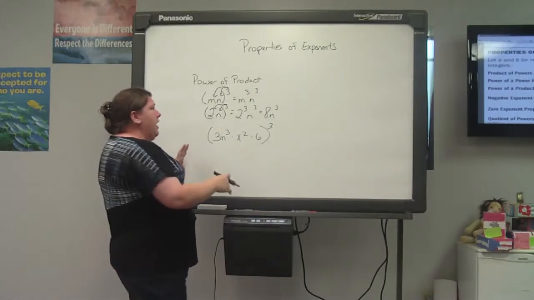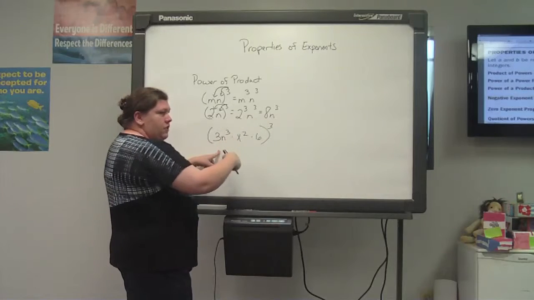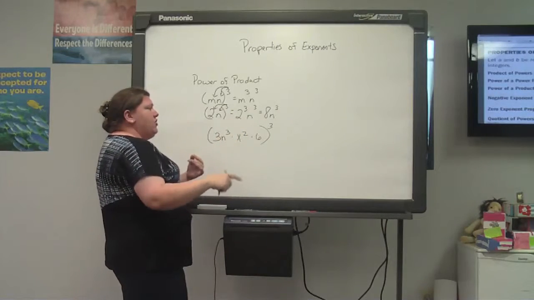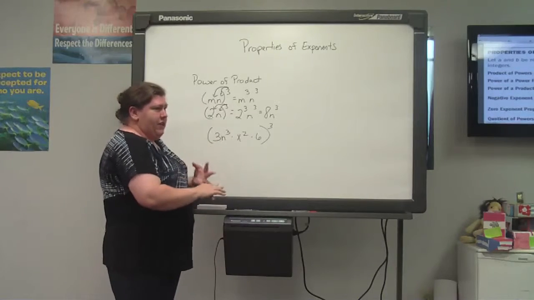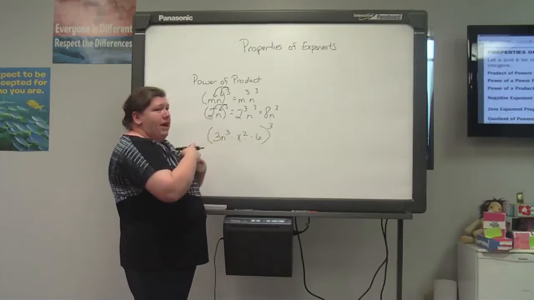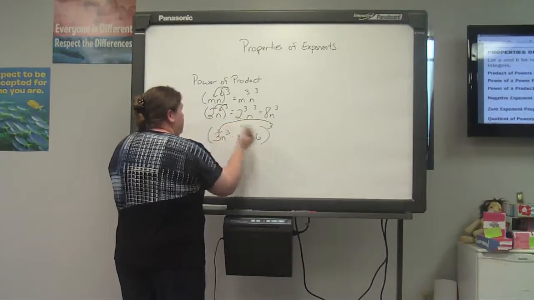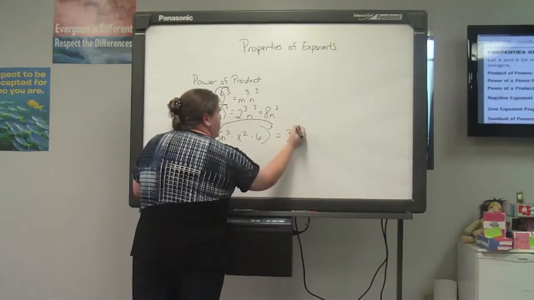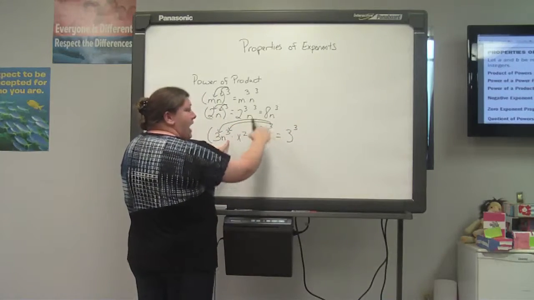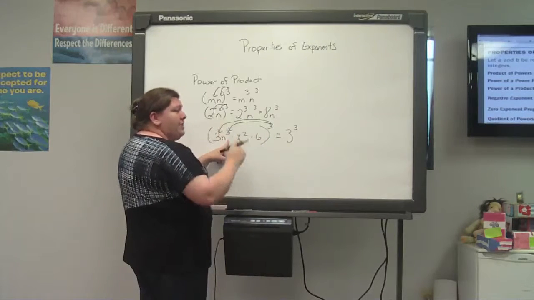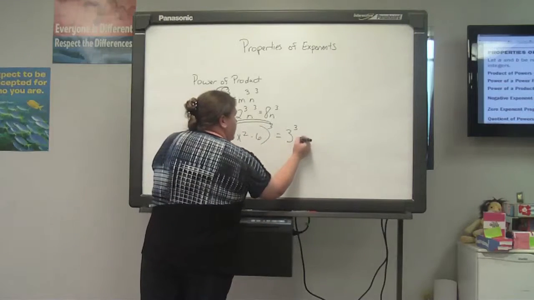Now, on this one, again, it's a power of a product, but you can see that we have multiple things that we have to distribute. It's not just to variables, and it's not just to constant numbers, but you distribute it to everything in the parentheses. I like my arrows, so I don't forget. So I'm going to rewrite 3 cubed. And again, because this is separated by a parentheses, even though it's not right beside the parentheses, it's still separated by the parentheses. So this becomes n to the